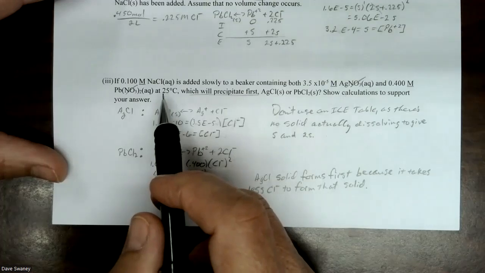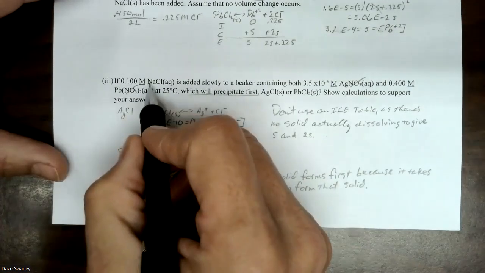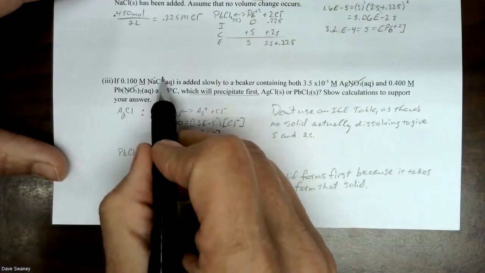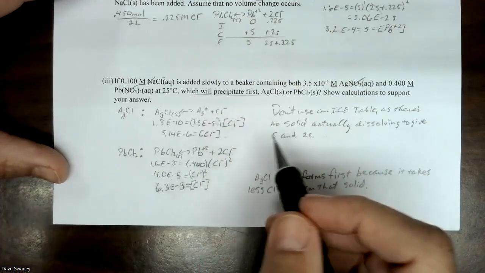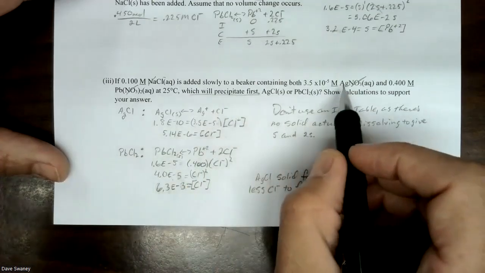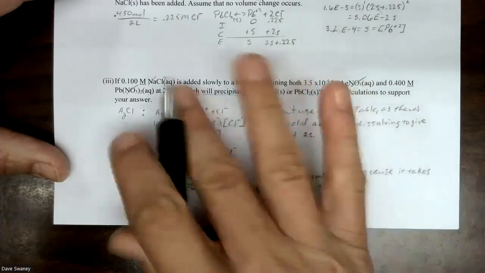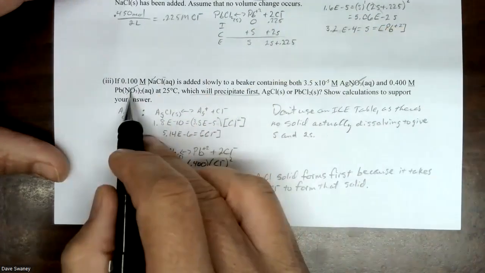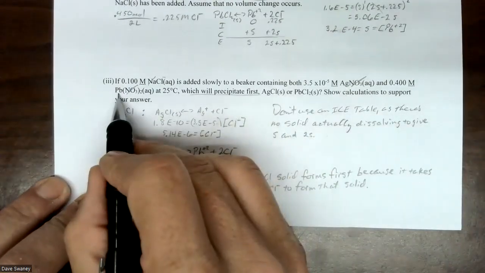So here we have a situation where NaCl is slowly added to a beaker. We know that Na won't stick to anything, so we can mentally cross that out. So effectively, we're just adding Cl minus to the beaker for our purposes of making a precipitate. So we have two possible precipitates because we have two cations. We have Ag plus, we're going to cross out the NO3 as immaterial because it's super soluble and won't stick to anything. And again here, so we have this could stick to chloride or this could stick to chloride,